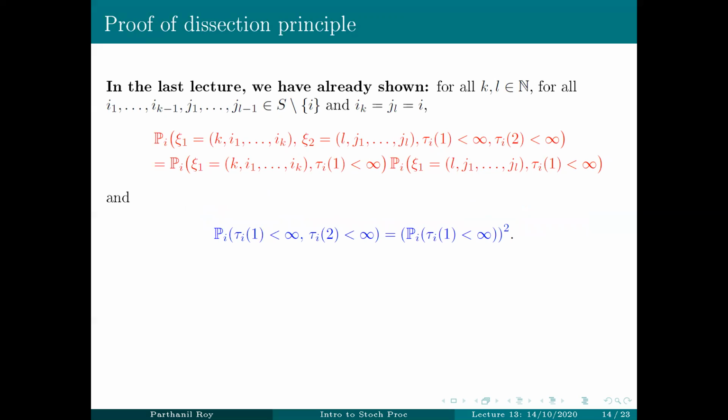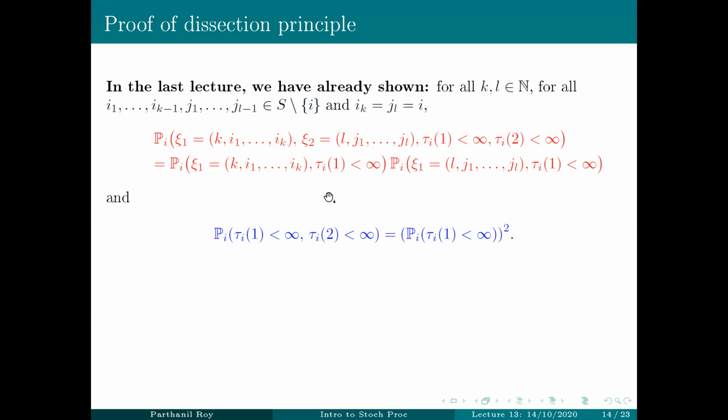Okay, so let's go back to the proof of the dissection principle. I have been very slow, because it's a long proof, and what I have told you is that it's enough to do it for this kind of states: i_1 to i_{k-1} and j_1 to j_{l-1} not equal to i, and i_k and j_l equal to i. In this situation, what we have proved is that under Pi, the joint probability of xi_1, xi_2 taking these two values, along with the first and second return times being finite,